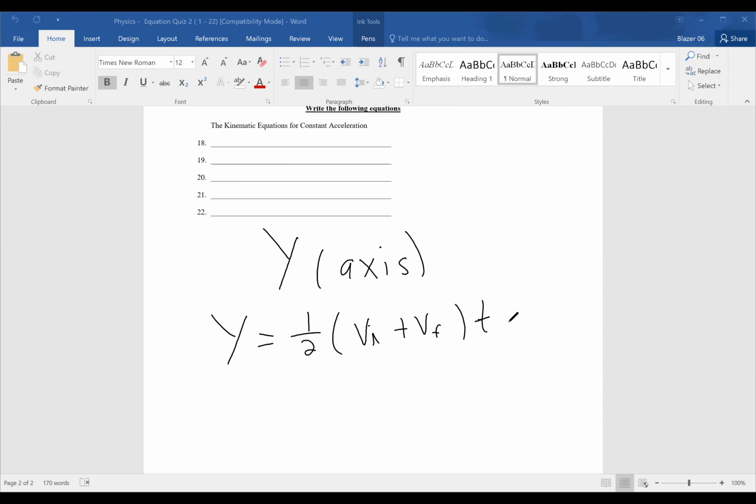So now we have that equation. Or we can say that y is v initial times time plus 1/2 a t squared, and now I know that a is g. This is in free fall. Or I can say that v final in y is v initial in y plus acceleration times time. And then finally, I have one that says